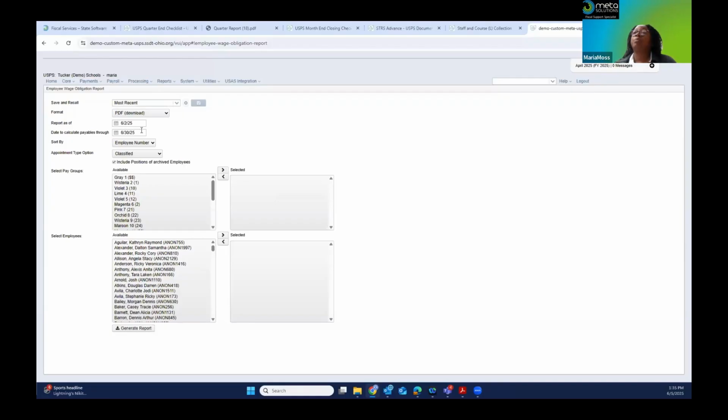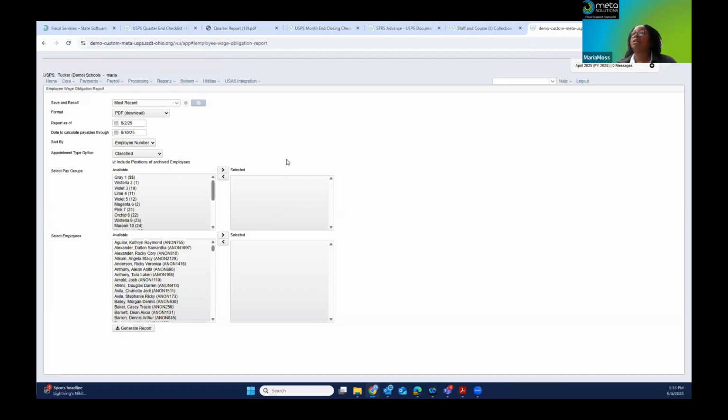The calculated date will be 6/30 of 25. You can sort however you want, but the appointment type you'll want to say is classified. And if you want to include any pay types that are withheld by SCRS, you can do that, and click Generate the report.